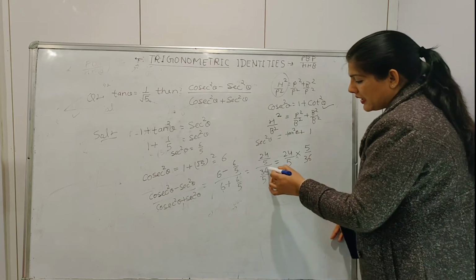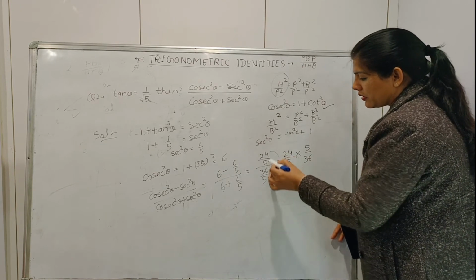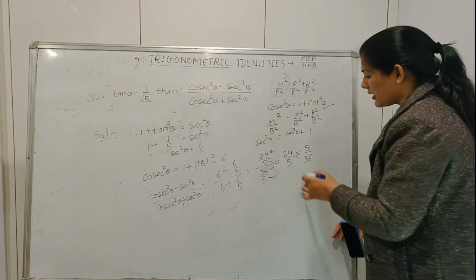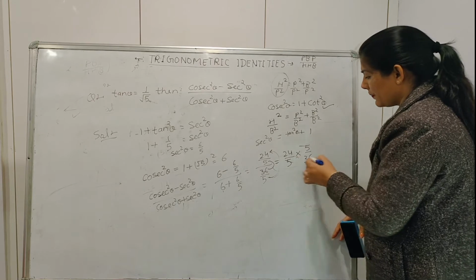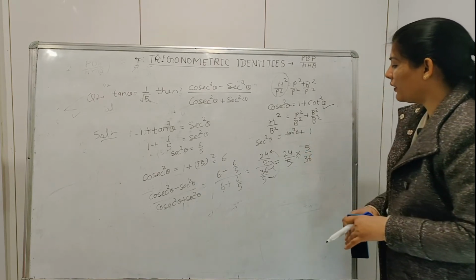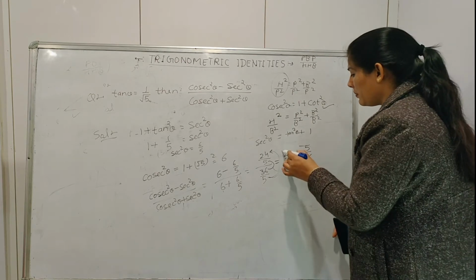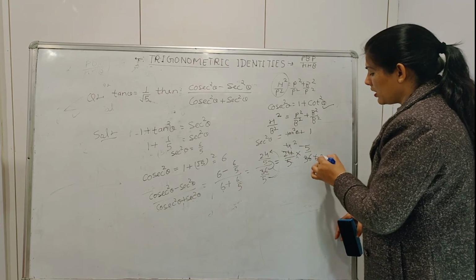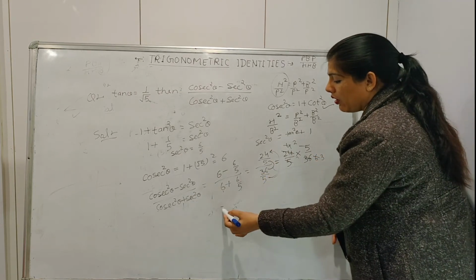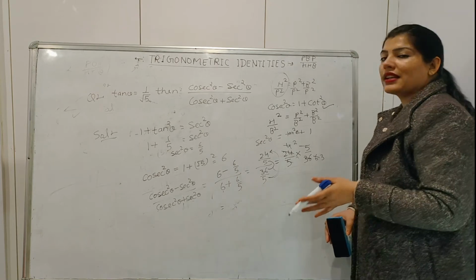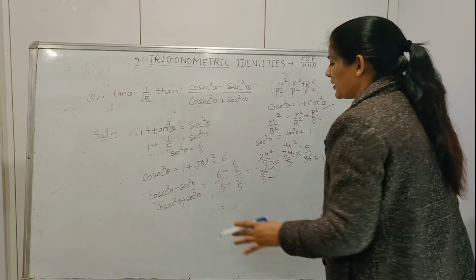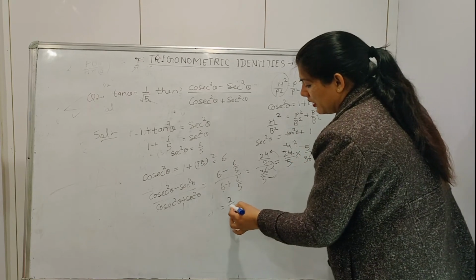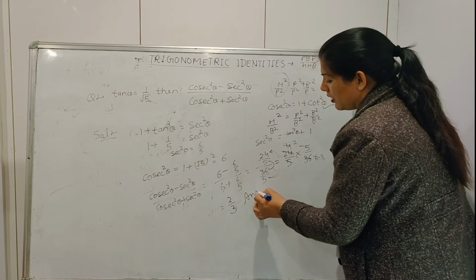Or you can write it as the product of means, product of extremes. This goes to the numerator, and 5 and 36 come to the denominator. Now simplify it. 24 upon 36, it is divided by 6: 6 4s are 24, 6 6s are 36. 2 2s are 4, 2 3s are 6. So the simplest form of cosec square theta minus sec square theta upon cosec square theta plus sec square theta is equal to 2 upon 3. We have left with 2 upon 3. So this is your answer.